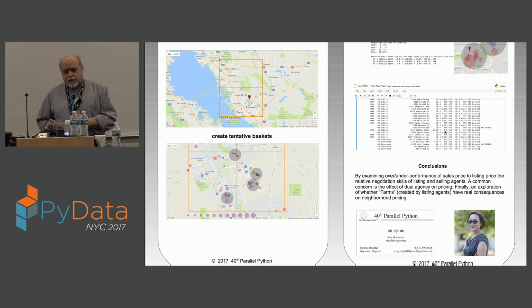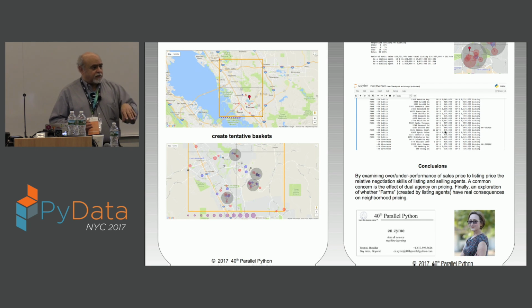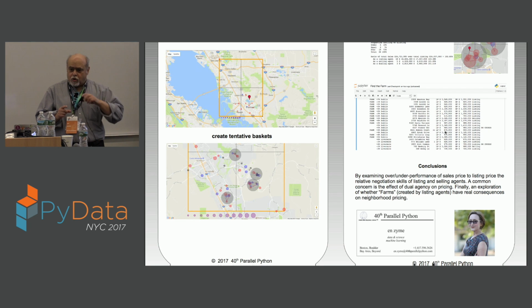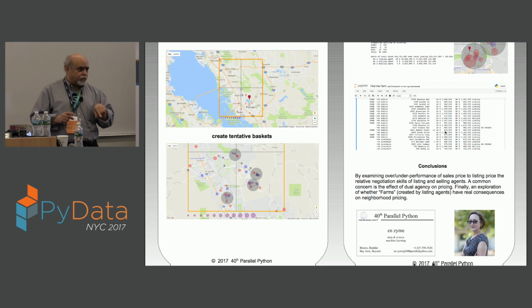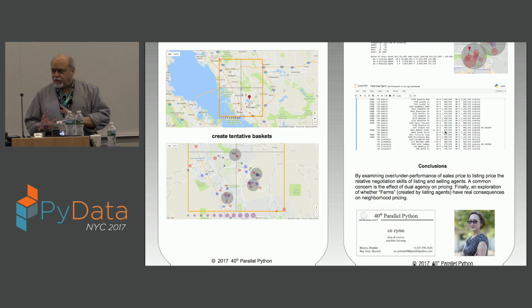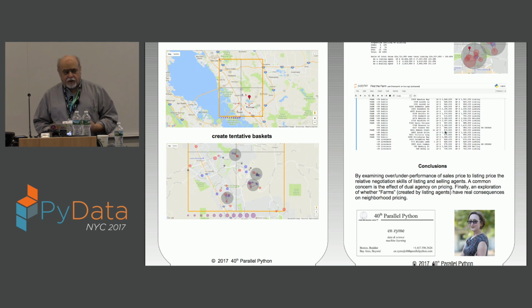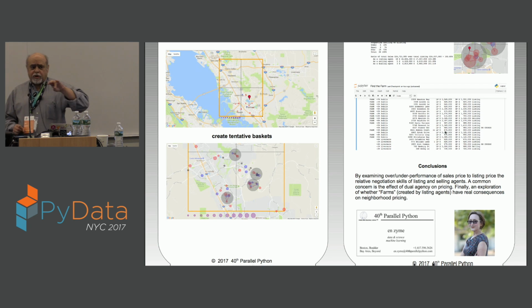The second negotiation will happen between the buyers and the selling agent, right, to actually come up with a price. So one of the things that I think is quite interesting is how does the selling price relate to the listing price, and how does the listing price relate to the appraised price?